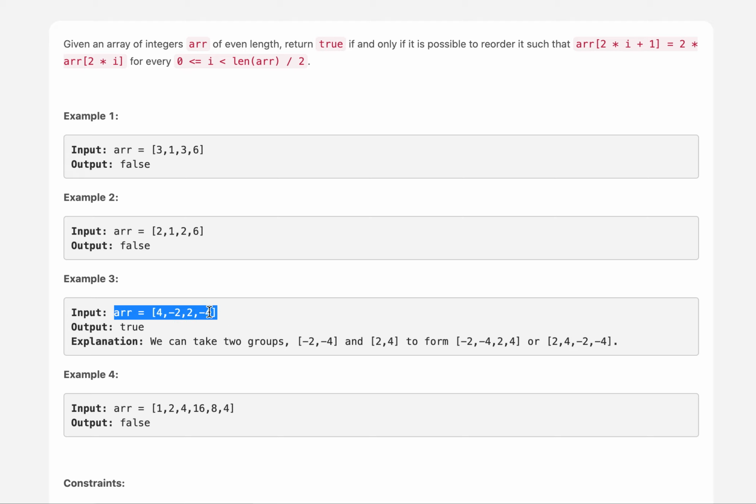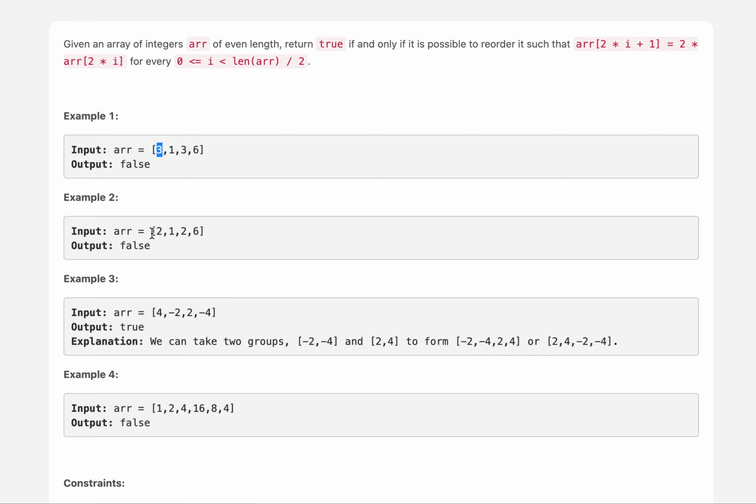And let's talk about this case as well. We have 3, 1, 3, 6, so you can consume 3 for a 6 because its double value exists, so these two values are gone. The next we have is 1 and 3 left in the input array. 1's double value does not exist, nor can it be consumed by any other value, therefore we need to return false. Without much ado, let's look at the presentation that I have created for this, and let's get started.